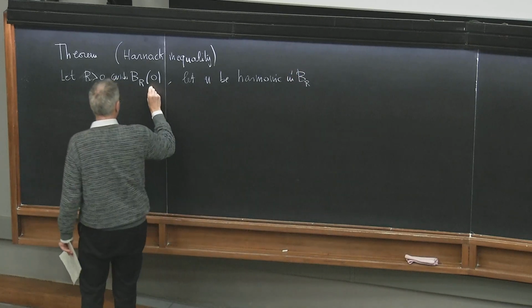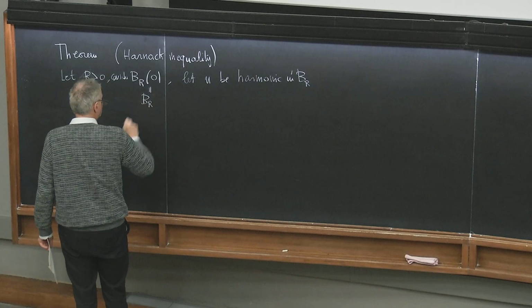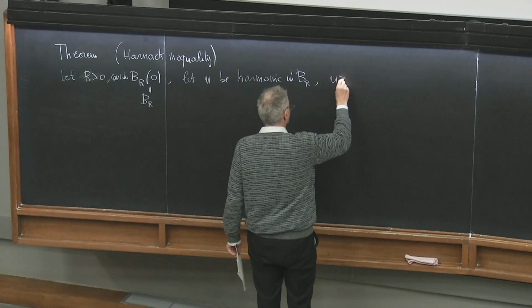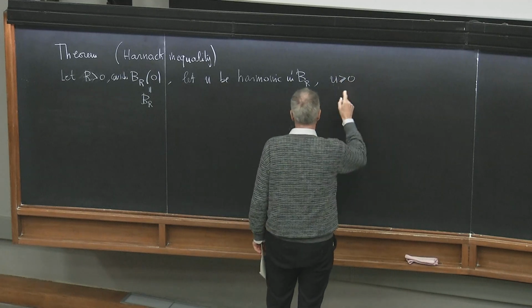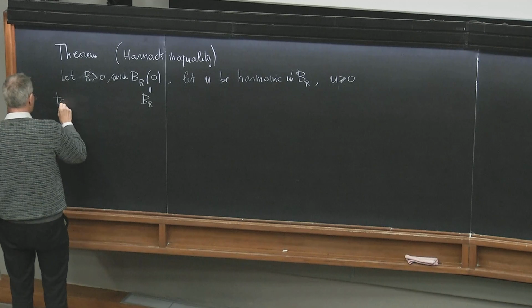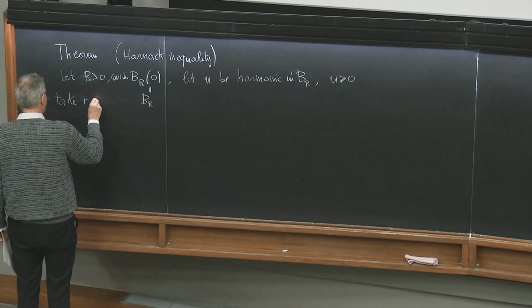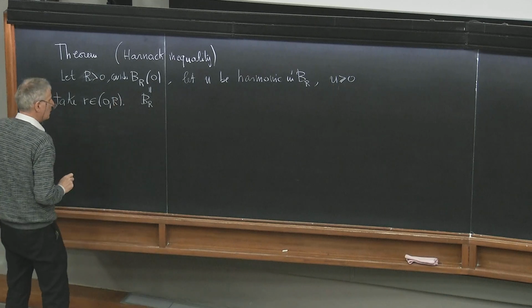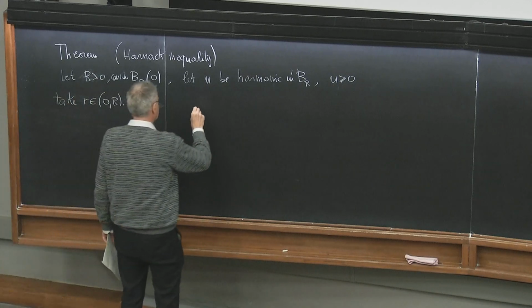Let me denote it just by B_R. And let's suppose that u is larger or equal than 0, the crucial assumption, and then take any r in between 0 and R. Okay, then